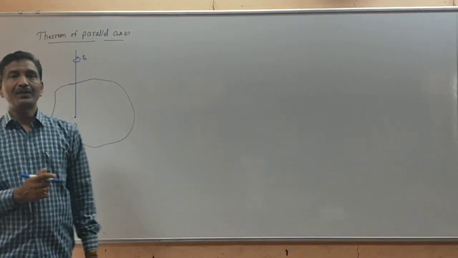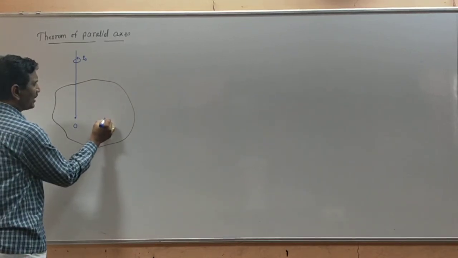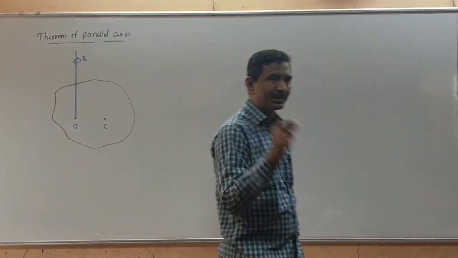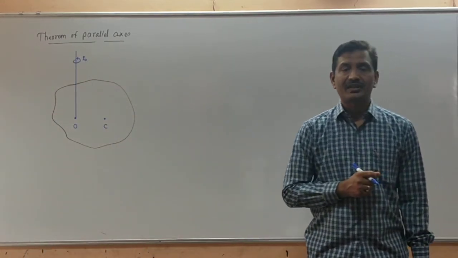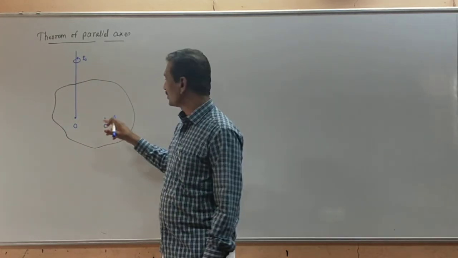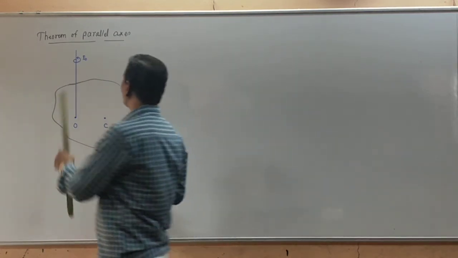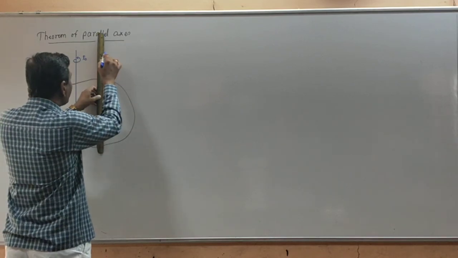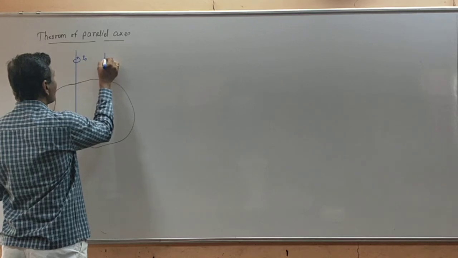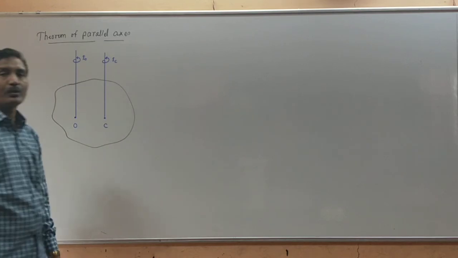Now see the center of mass of this rigid body. You are familiar with the center of mass, a point at which the whole mass of a body can be supposed to be concentrated. That single point replaces the whole body. So that point is called the center of mass. Here we use the letter C for it. Now this rigid body is rotated about an axis passing through the center of mass C and perpendicular to its plane. Then its moment of inertia is, suppose, I_C.